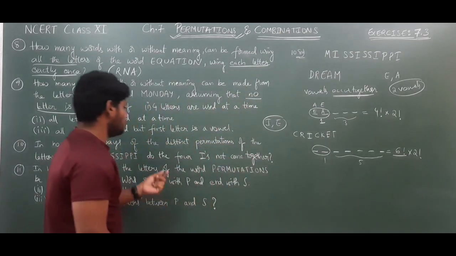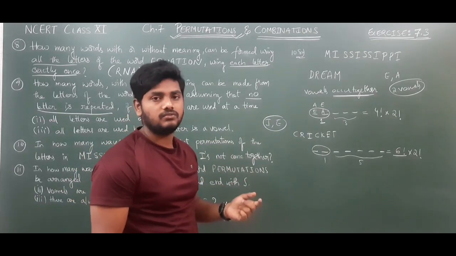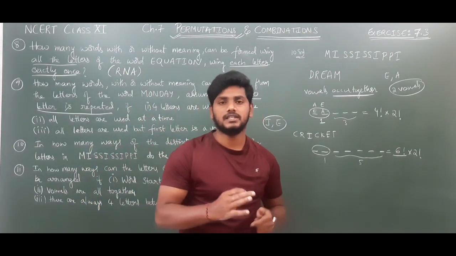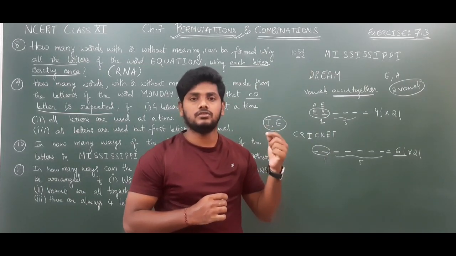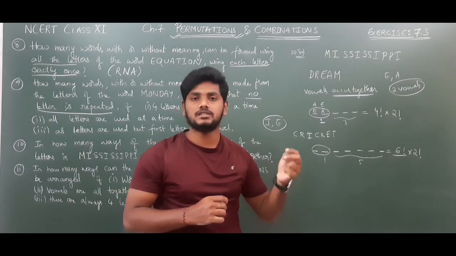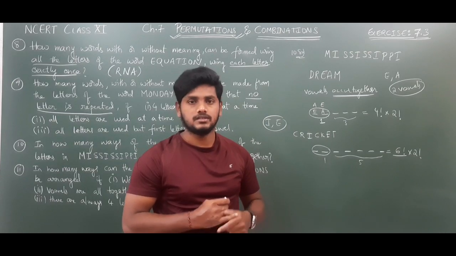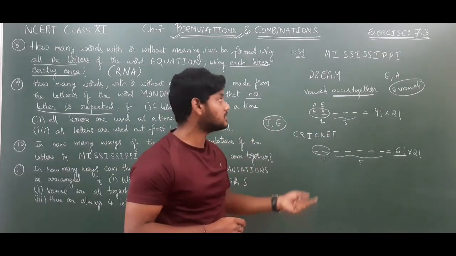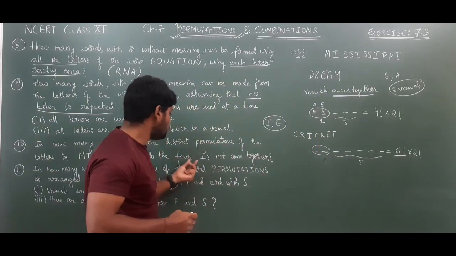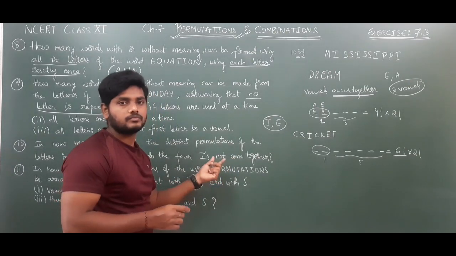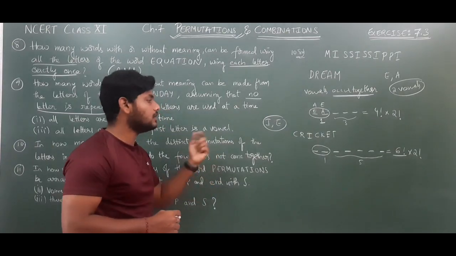Now, how to find not occur together, not come together? To find that, for example, in a class there are boys and girls, right? 20 boys and 20 girls, for example. If you want to know how many girls are in your class, it is nothing but total minus boys. Then you will get girls, right? Like that, total number of permutations minus vowels occur together, you will get vowels not occur together. Here, if they ask about vowels not coming together, that means we will find the total number of permutations minus the vowels coming together. Then we will get vowels not coming together.